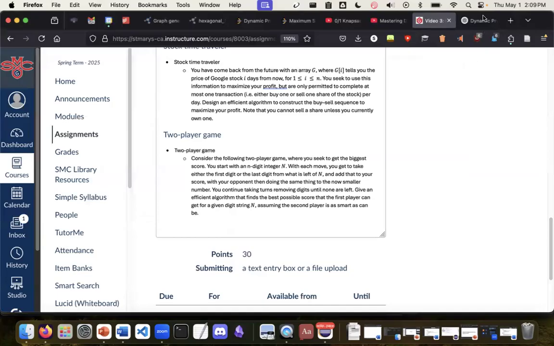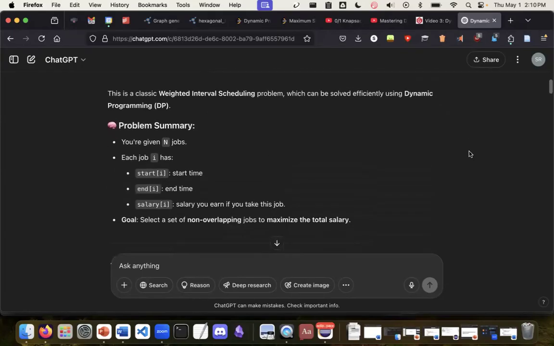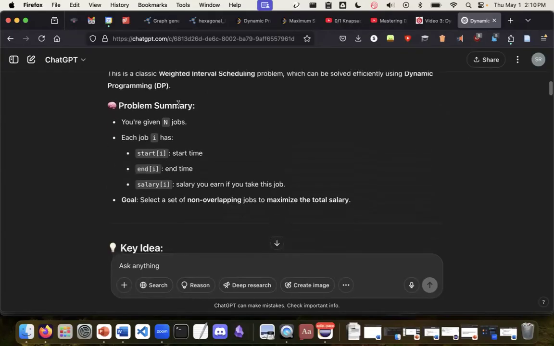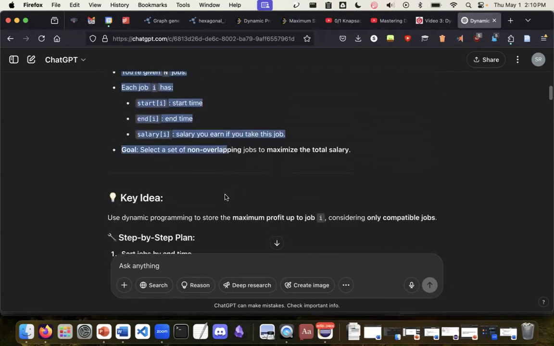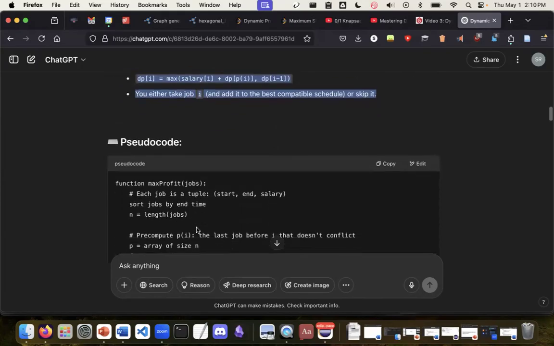All right. So I looked this up on ChatGPT just to be curious, to see what it gives me. Can you explain a dynamic programming approach to the following problem? And yeah, it gives me, here's how the problem breaks down. Here's the key idea. Here's the step-by-step plan. And then it gives me pseudocode. Great. The problem is if you did this with your group,